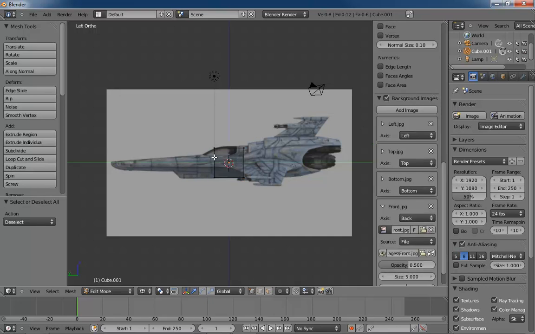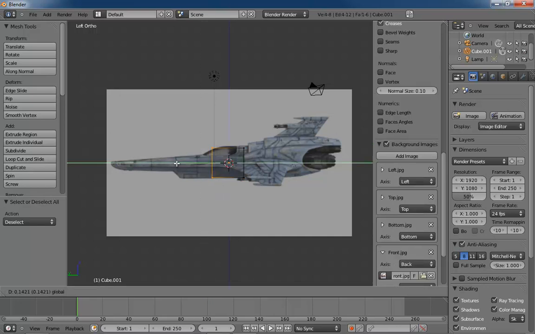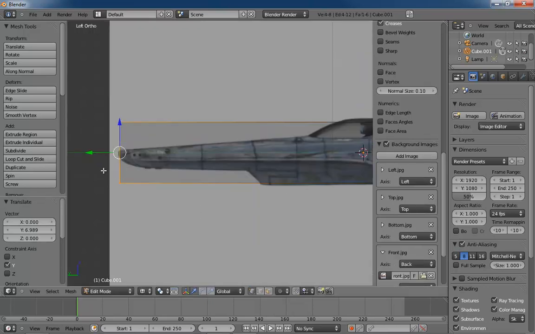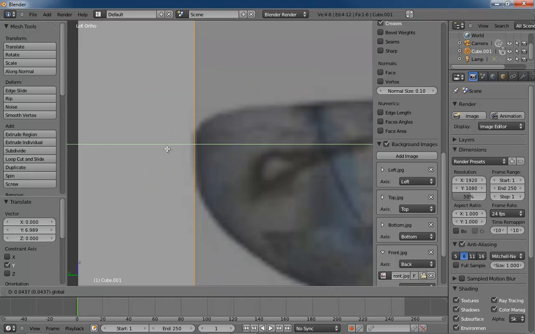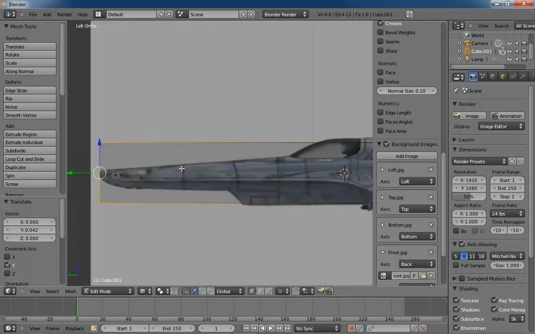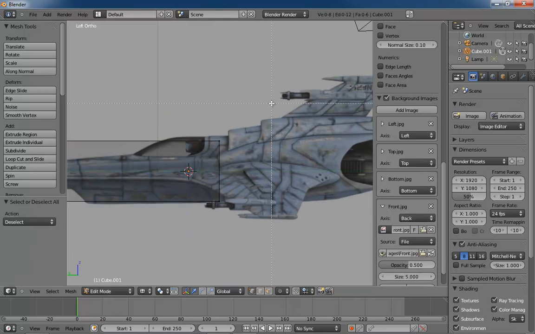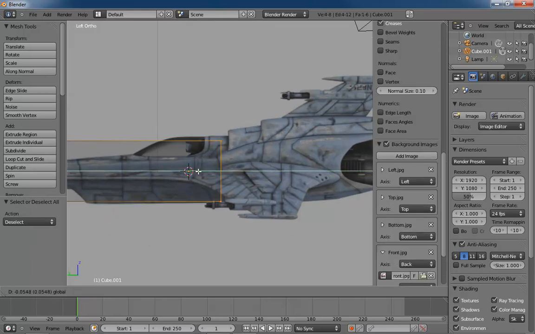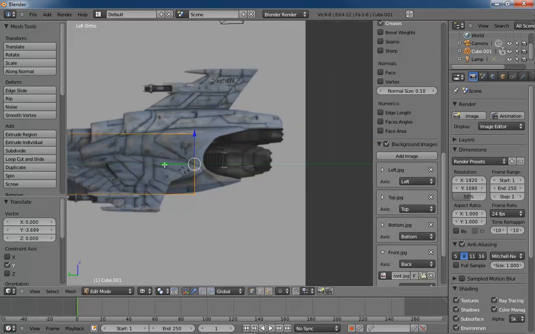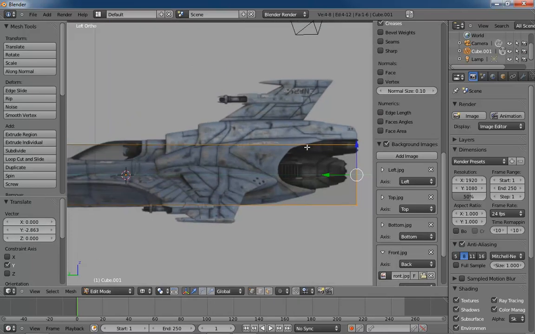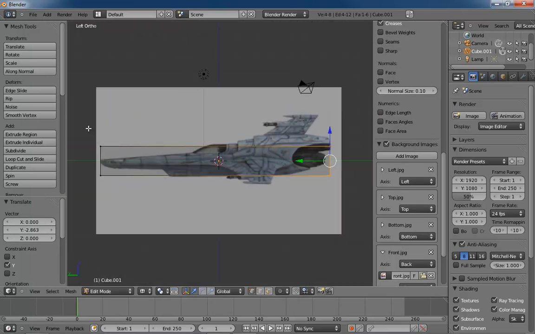I'm going to click out here in space, hit B. I'm going to grab these verts here at the front and slide them forward. And I'm going to zoom in really close and put them right there in that shaded gray fading out pixel. Same thing back here. Click out in space, hit B, drag out a selection box back here. Pull way back. Now I can't see exactly where that should go without bringing this up, but this is where it gets kind of cool,